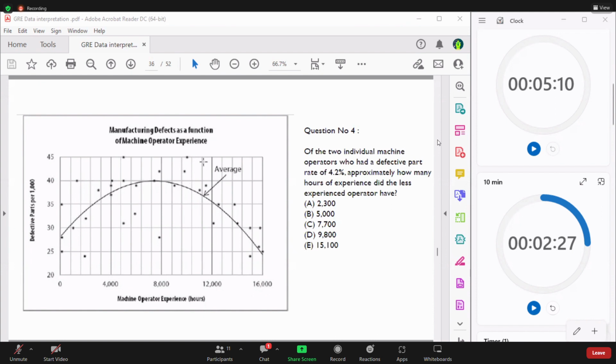Next, we have: of the two individual machine operators who had a defective part rate of 4.2%. So 40 defective parts out of 1,000 is basically 4%. So 4.2% would be 42 defective parts out of 1,000. Now it says